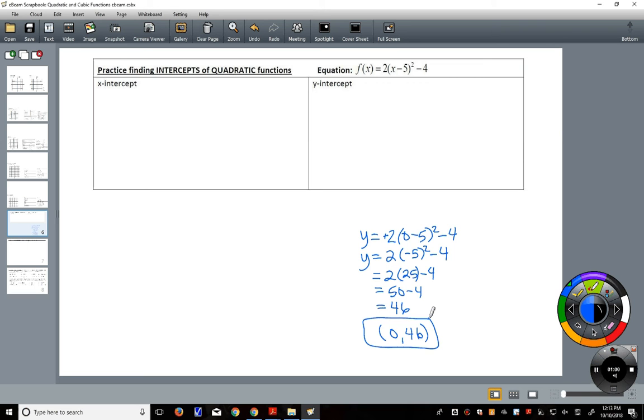The y-intercepts, again, are generally not that difficult. Remember, every time I say something like that, I'm not saying that anything should be easy for you. I'm just saying comparatively to what we have to do for the x-intercept, we just have to follow through with the order of operations. For our x-intercept, we just want to put 0 in for y and solve. The reason it becomes more difficult is because the equation's not set up as x equals everything on the other side. So when you put 0 in for y,